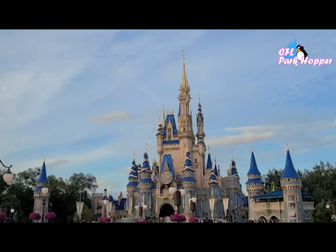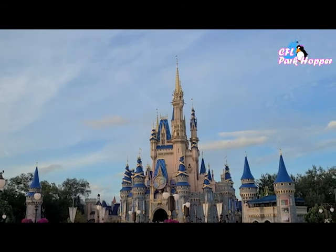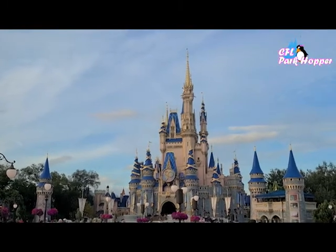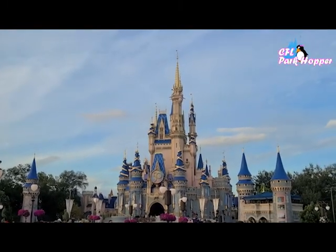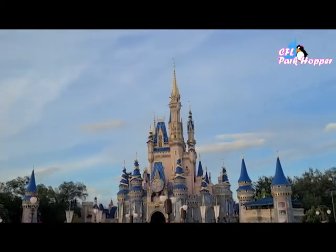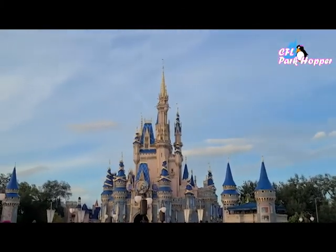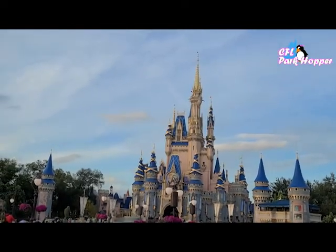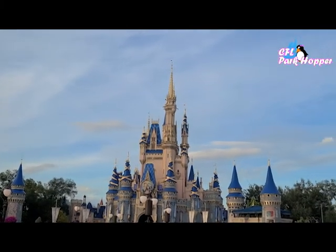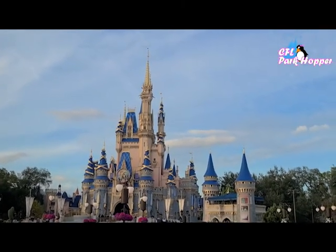As far as, some people ask, which park should I do first if we're going to do one park per day? Is there an order? Should I do Magic Kingdom the first day and Epcot the second day, and so on? That's entirely up to you. I would go with something that you're most excited to see near the beginning of the trip, and maybe also leave something exciting for the end of the trip. So if you're doing four days, maybe your favorite park is first or last, and then the other ones are in the middle, that kind of thing. But that's going to be up to you how you plan it, because everybody's preferences of park are going to be different. So we're now going to head over to Epcot and talk about dining,